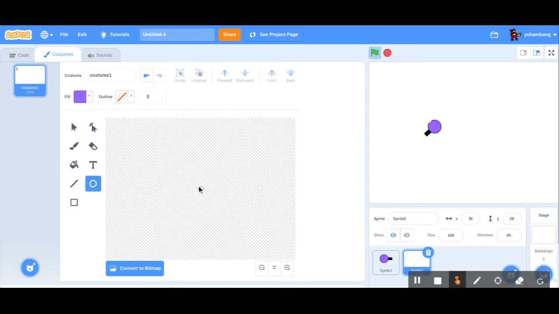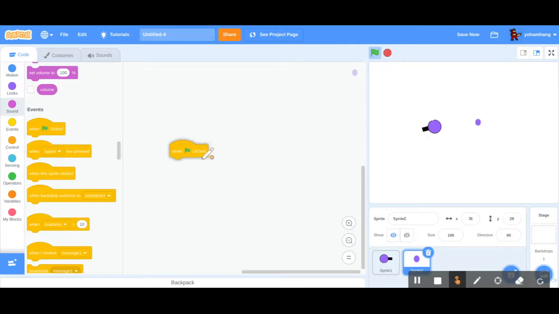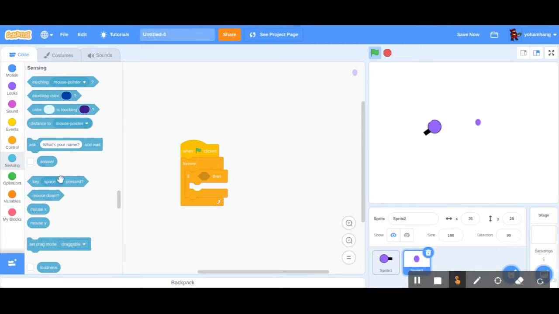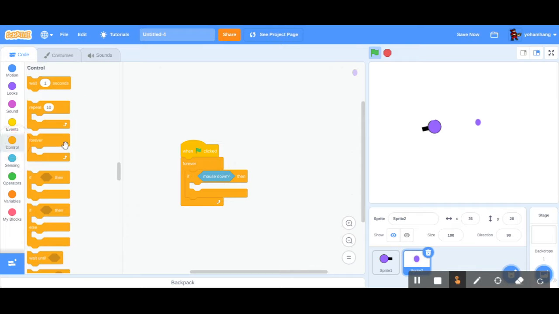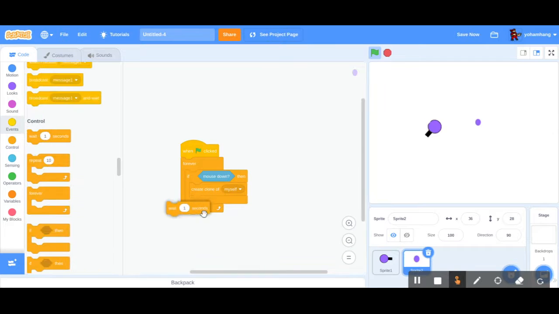Now we can zoom back in. Just a tiny circle as our bullets. And then the rest is pretty easy. Just when green flag clicked, forever, if, and then put an if in there, and then we put if mouse down, then create a clone of yourself. So get this right here, and then you have to make it wait